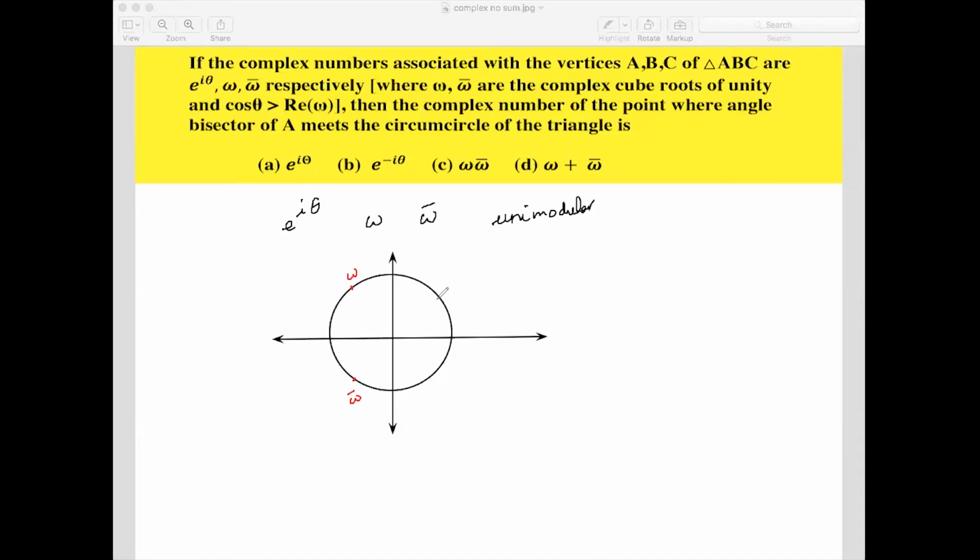So let us take the point e to the i theta somewhere here. If you complete this triangle, it looks something like this, and the complex number of the point where it meets the circle, if we try and draw that,